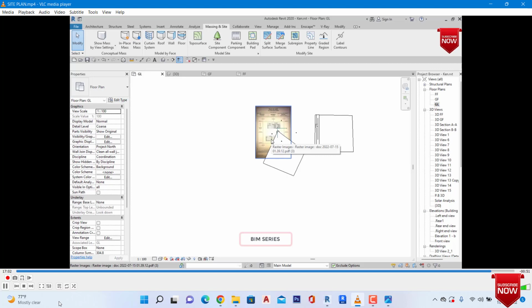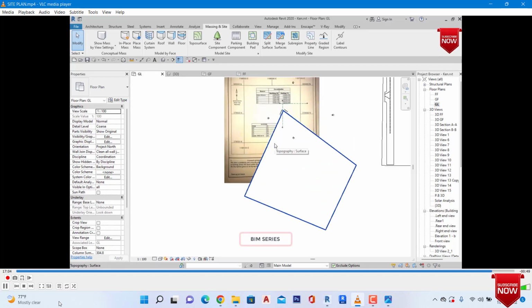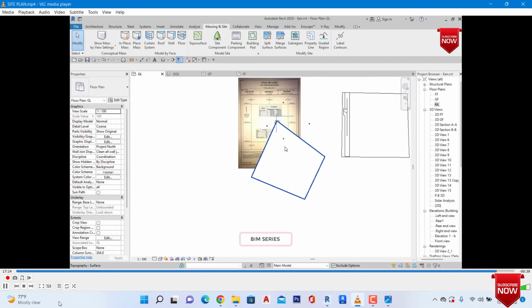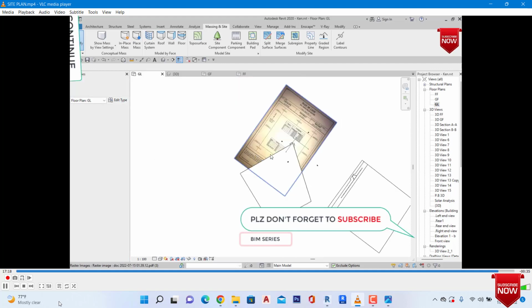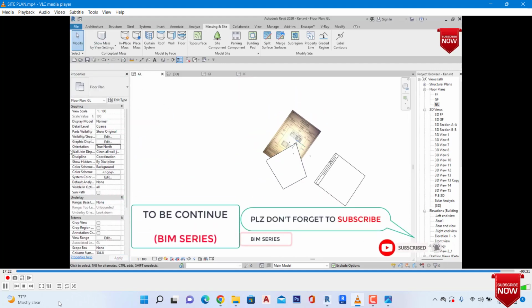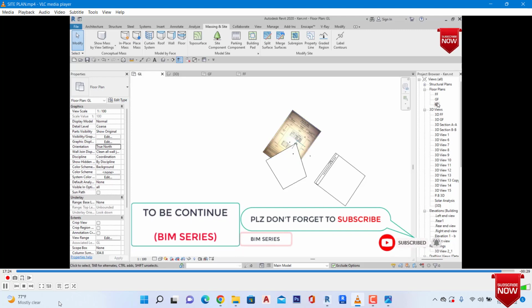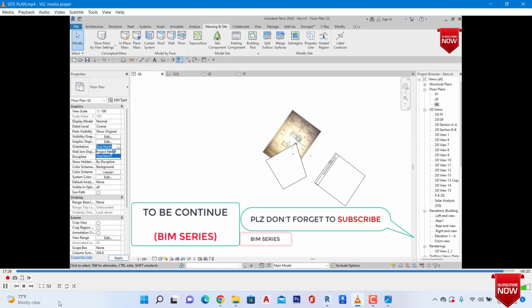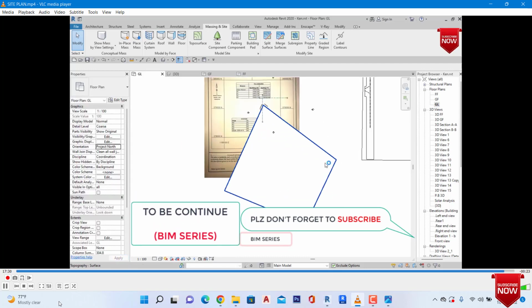But what we have to understand is that we are going to deal with the true north and also the project north. The true north is the true north of the site plan. So we made a mistake. We needed to have drawn this in true north, right? So what we are going to do here is come back to the ground or change from the true north to the project north. So right now